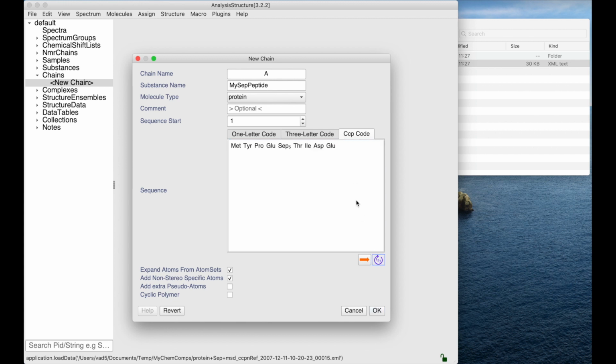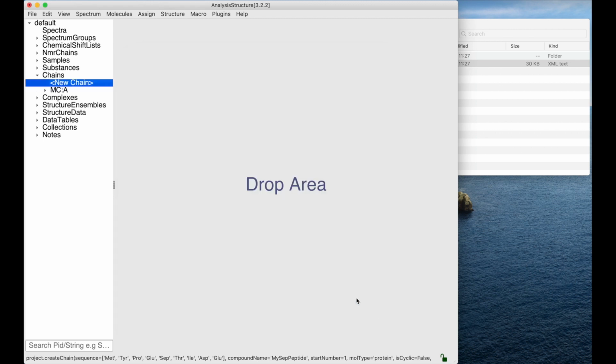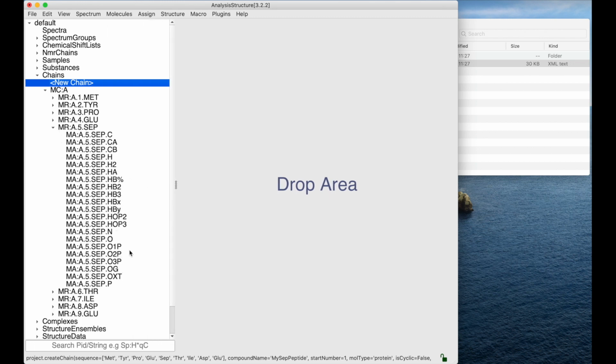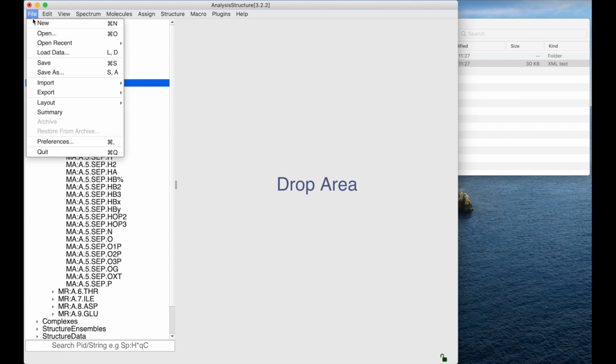Okay, so once I've got everything as I want it, then simply press OK, and you've got your sequence. And here is my phosphoserine, and you can see here all the correct atoms have been added. If I now save my project,